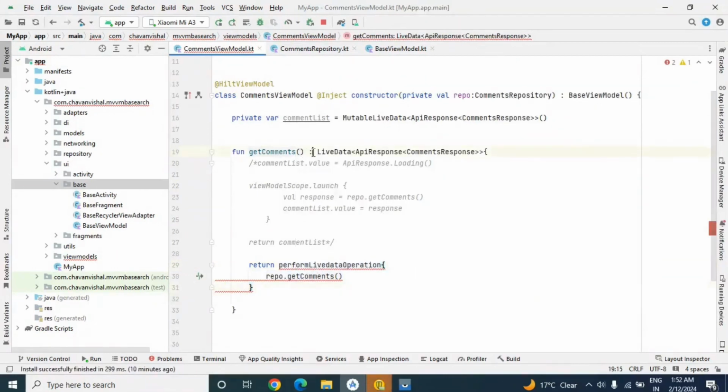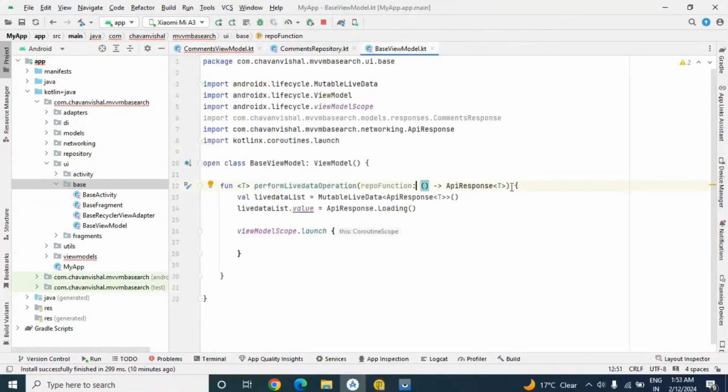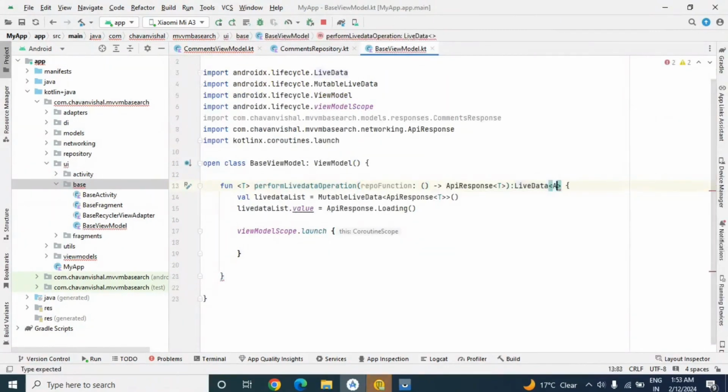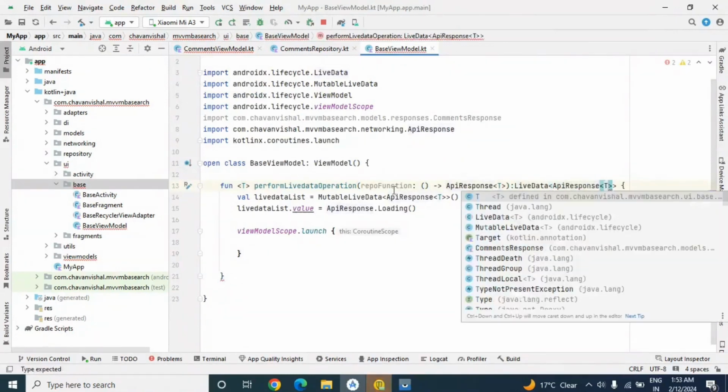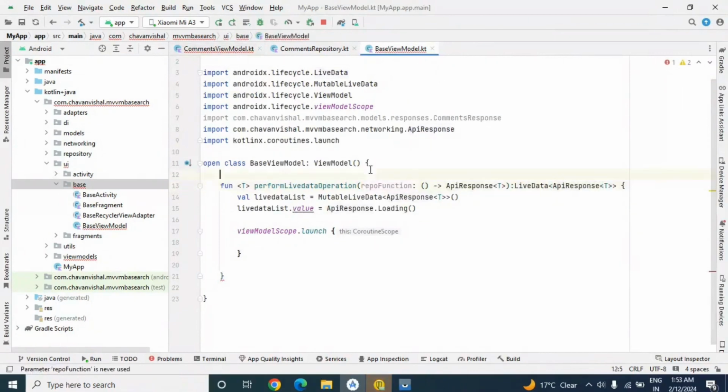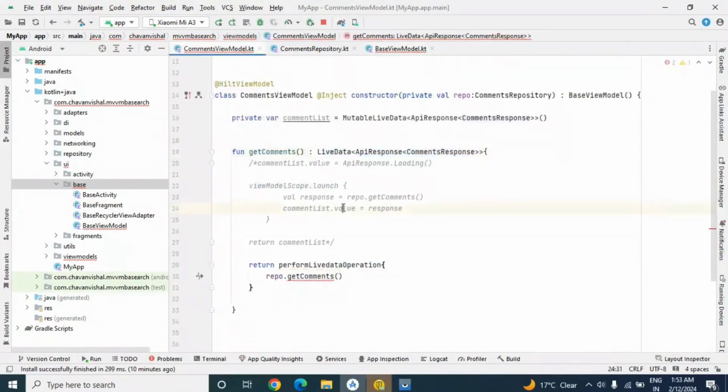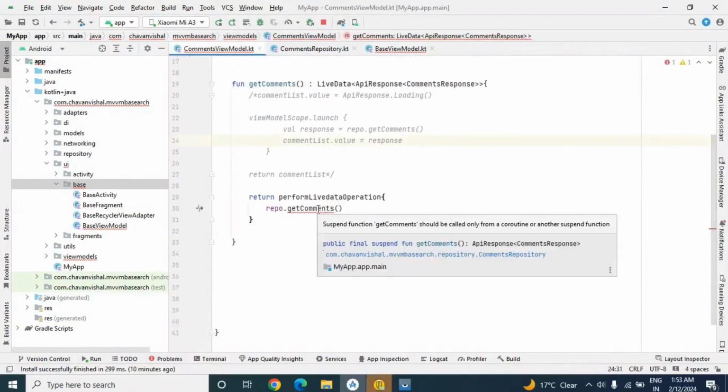Also this method is returning what? Live data of API response of model. So in our base view model also, here we will declare live data of API response of T. Okay, see here, yes, error has gone.